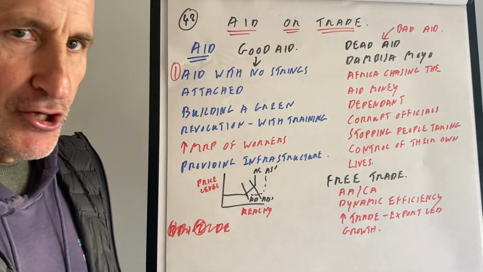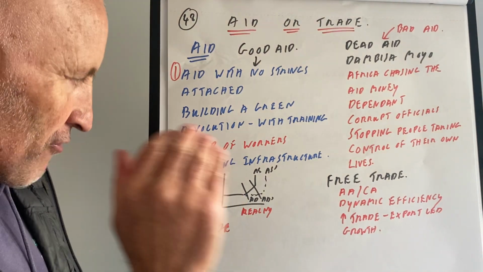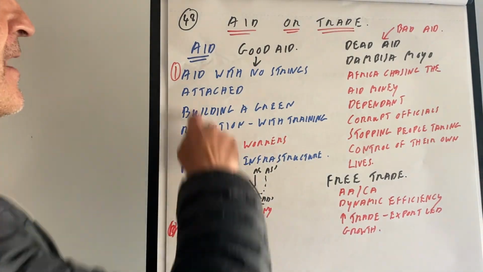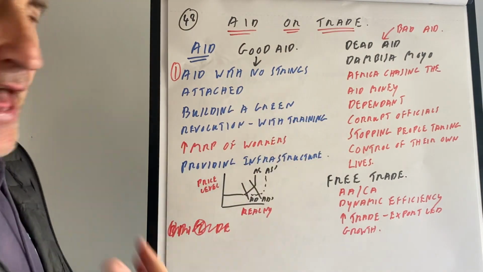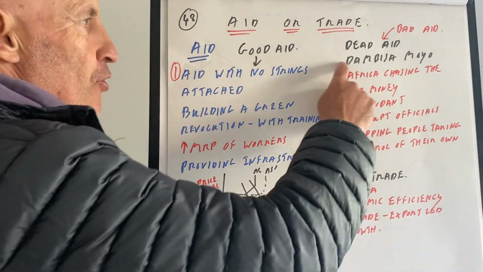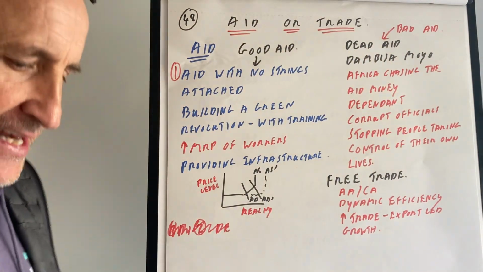Clearly that aid would be good. And if it was done in an uncorrupt way, great stuff. Okay? So aid with no strings attached is good. However, the argument against that is Dambisa Moyo in her book, this is really called Dead Aid, and she says